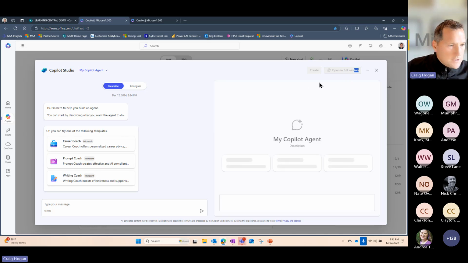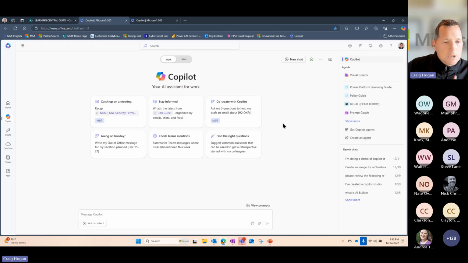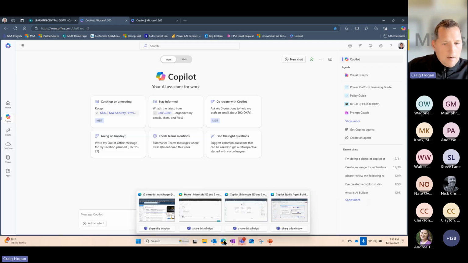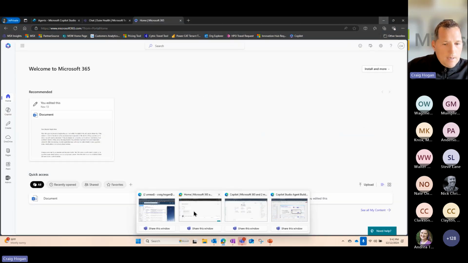I'm going to pause there and just check and see, would it be a separate license for Copilot Studio? Yes, so the way that Copilot Studio is licensed is in message packs. So when I ask a question, it counts as 1. If it uses generative AI to answer, it's 2 coming back for a total of 3.